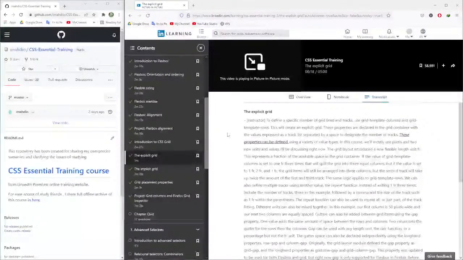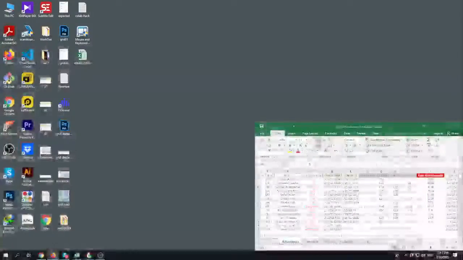These properties can be defined using a variety of value types. In this course, we'll mostly use pixels and two new units and values I'll be discussing right now. The grid layout introduced a new flexible length unit, FR. This represents a fraction of the available space in the grid container. If the value of grid template columns is set to 1 FR 3 times, that will split